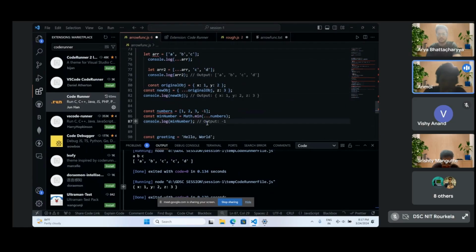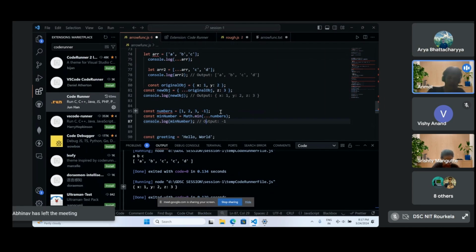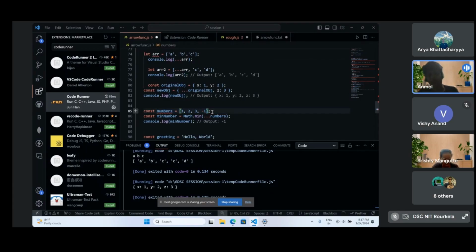Now another thing is that you must have dealt with a function where you have to find the minimum number. Here is a better way to do this. We know there is a mathematical inbuilt function in JavaScript that finds a minimum. So there was an array of numbers: 1, 2, 3, minus 1. We have to find the minimum number. We defined a variable, number, that will store that minimum number.